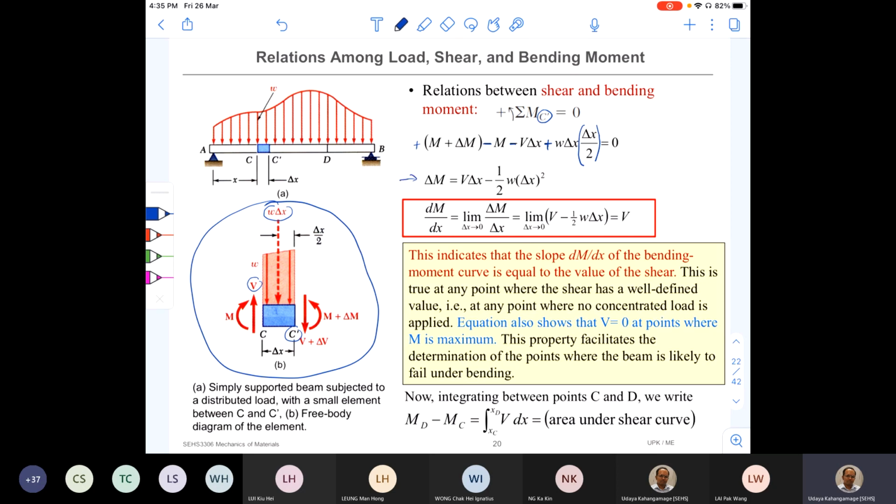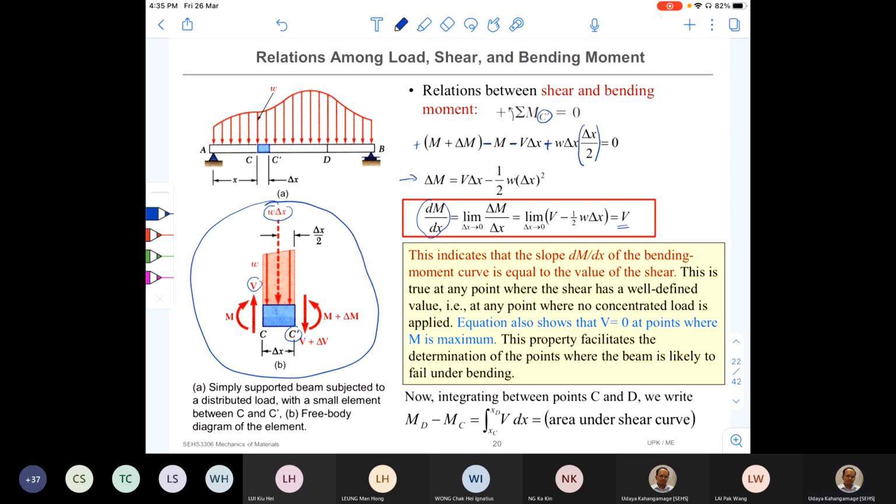So like we did before, just divide this equation by delta x and let that delta x approach 0. Then we can find the slope of the bending moment curve at that point, at point C, right? dM over dx. And once you do the simplification, you find that that value is equal to V. So what does it mean? The slope of the bending moment curve at a given point is equal to the shear force at that point. So if you have already developed your shear force diagram, now you know the slope of the bending moment curve